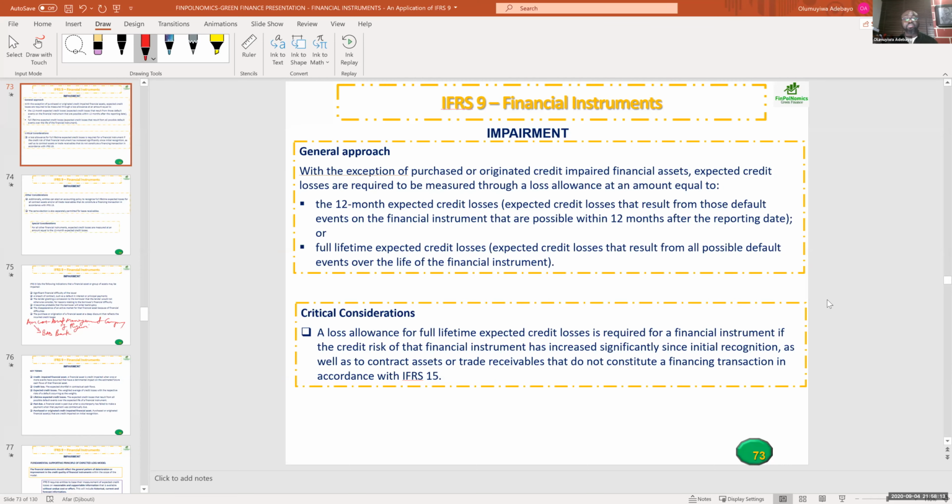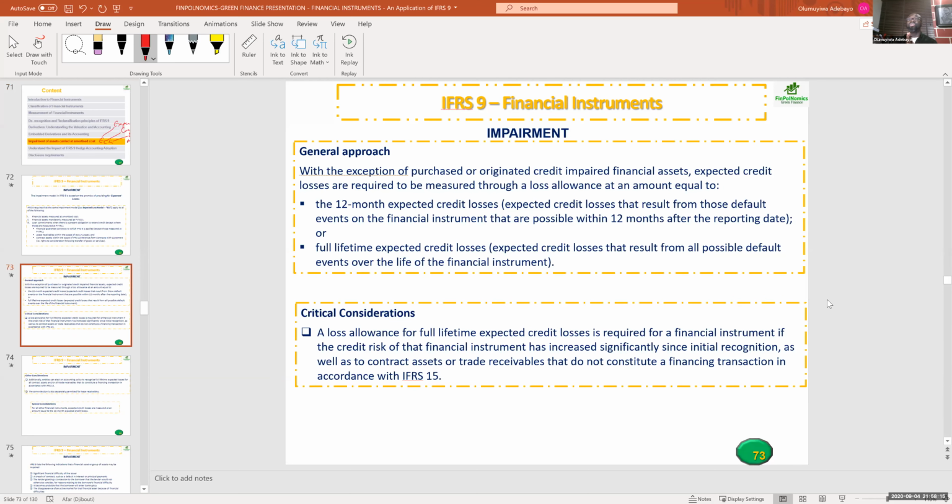Now, in my simplified approach, instead of going through stage 1, stage 2, stage 3, what I'll do is that when I have financial instruments that are short term in nature, short term means financial instruments where my period of collecting cash flow, or the duration, is less than 1 year,